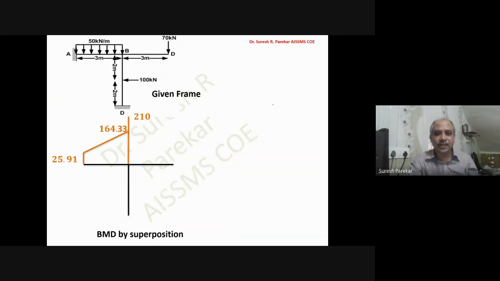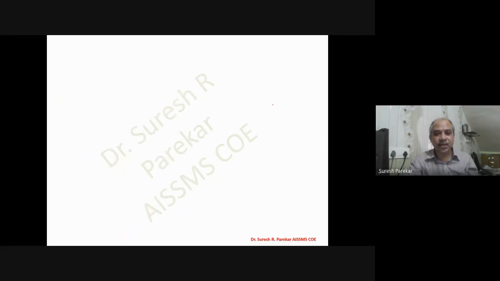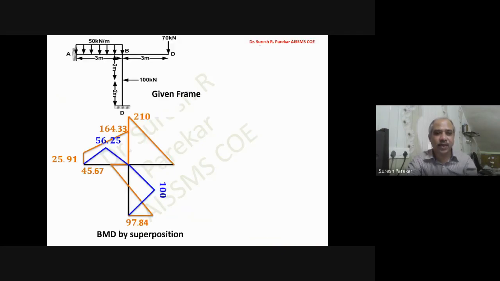So we have plotted this BMD, but if we go to the slope deflection method, we actually committed one mistake there in the slope deflection method for this beam. Here we have to show actually for BD 210, but there I had shown and connected this one, but that is wrong. For BD I have 210, so we have to take it up and then connect it. This you have to keep in mind. This correction you have to make, which we made in the slope deflection method. So this will be 210, and the remaining is as it is, whatever we have seen in the slope deflection method.